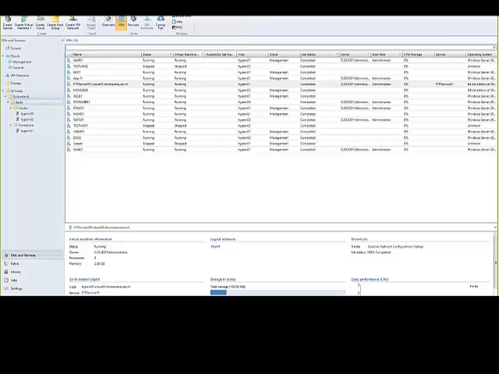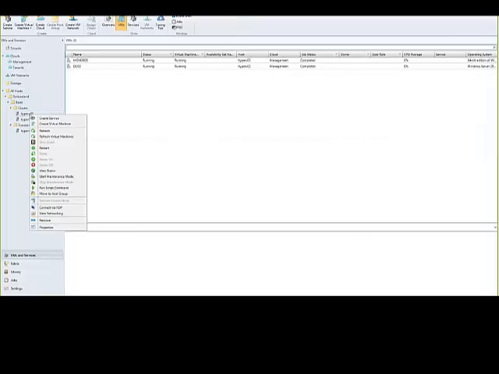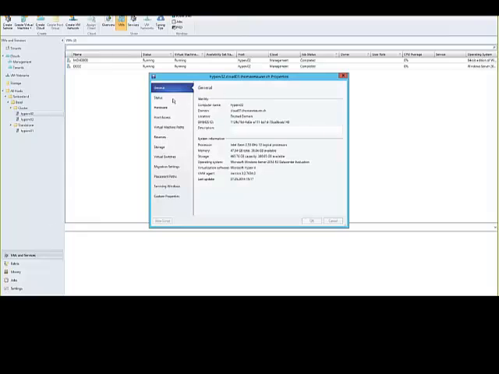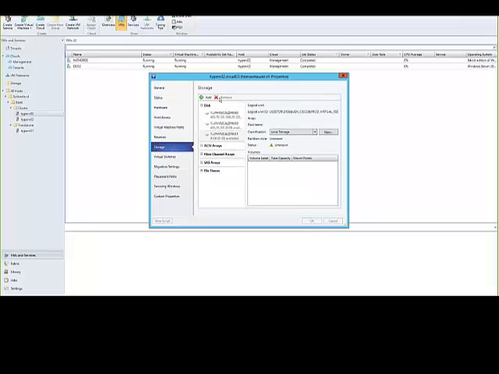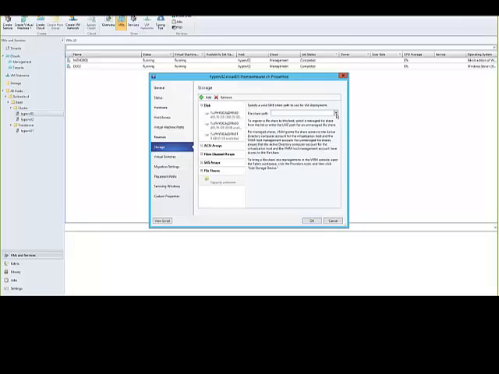And what I can do now is switch to a Hyper-V server, for example. Looking at the properties of the Hyper-V server, you can see again the hardware, and on the storage tab, you can go and attach one of those file shares I have already created. So you can select one of those shares and attach it.